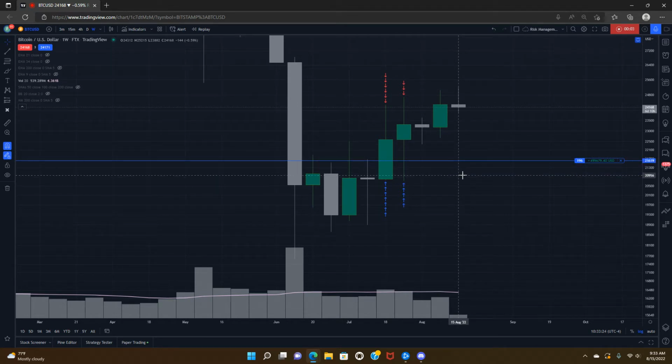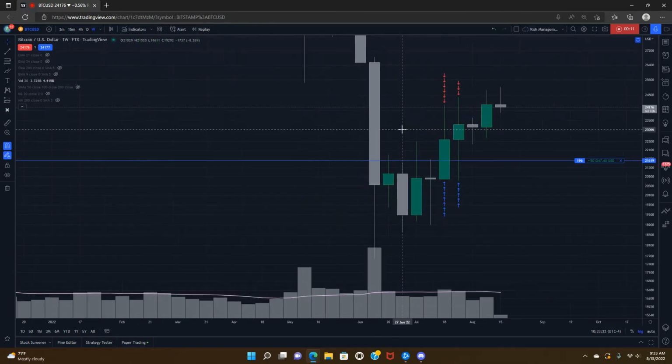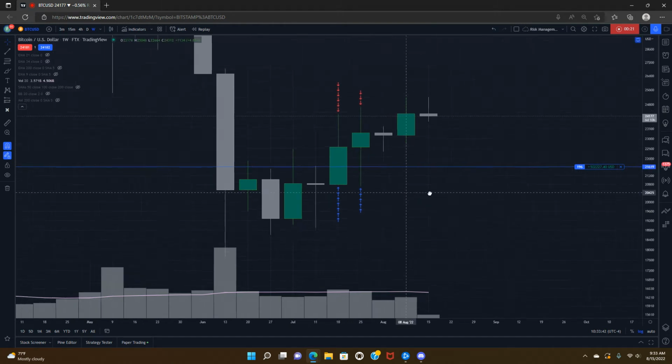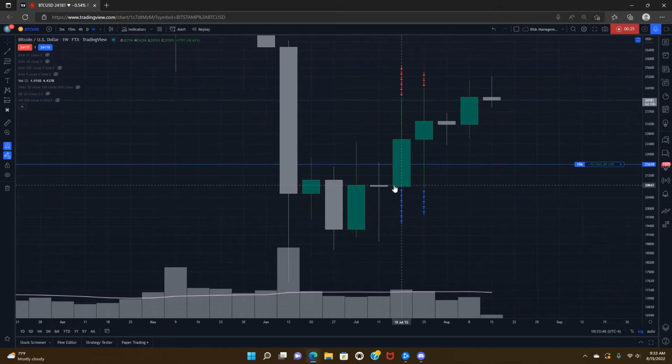This will be another update to the Bitcoin Trading Journal series and also an analysis of the Bitcoin weekly close. I generally like to do the weekly close around the open on Monday morning, New York Open. But first we've got to start on the weekly, look at the weekly structure, and then go down towards the New York Open. So basically what you see here is a trend of the weekly structure making new